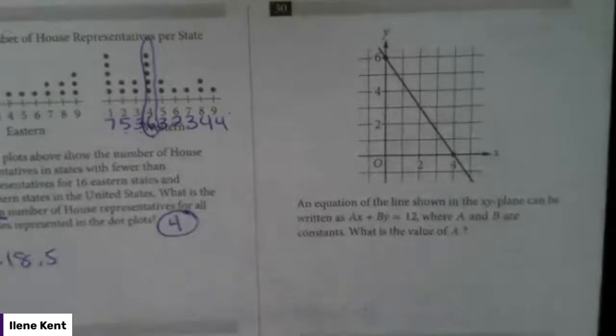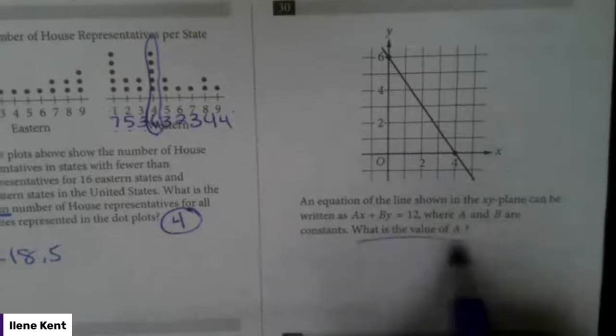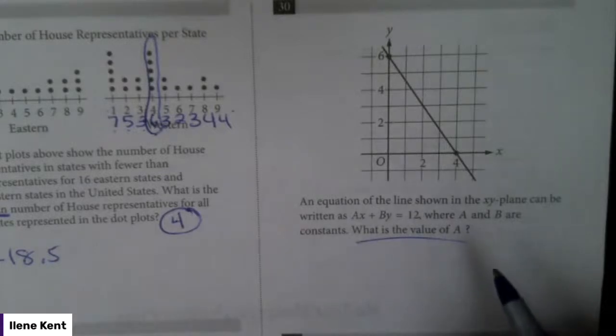All right, 2 left. Thanks for hanging in there, guys. Number 30, an equation of the line shown in the xy plane can be written as ax plus by equals 12, where a and b are constants. What's a? Well, for this one,